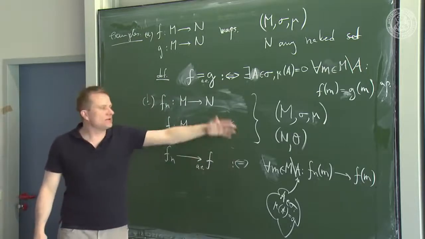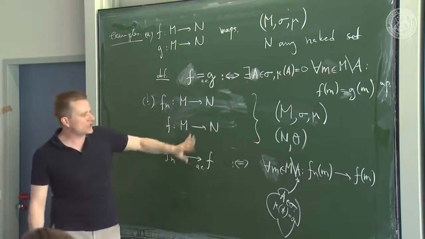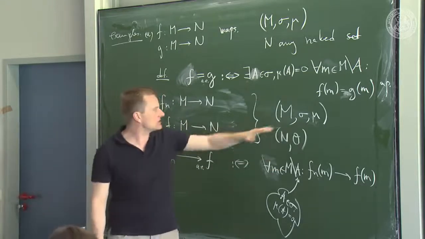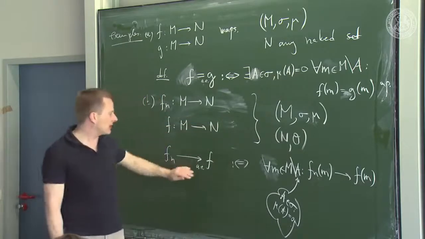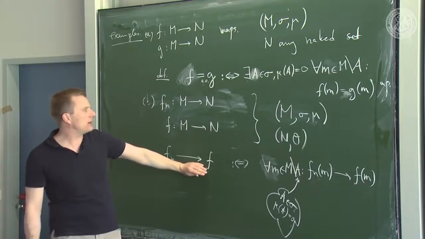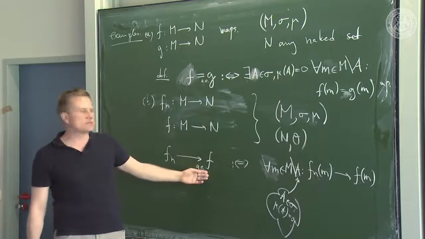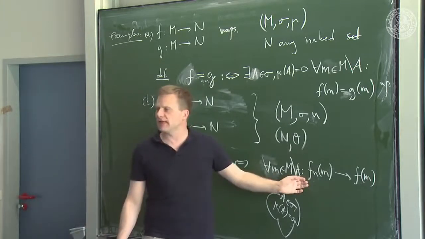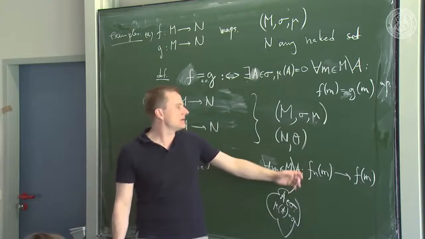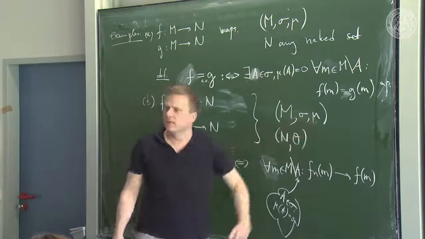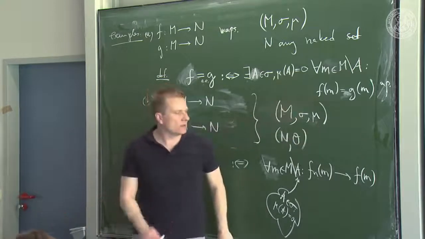Whatever you need, you get it this way, and whenever you see almost everywhere, you have to think, okay, what are the objects, and where is it exactly, and what structure do I need where? And then you figure that out. You work from the not almost everywhere notion, then you see it's this, you only need a set and a topological space. You go to the almost everywhere notion, you see where to take out a null set, a set of measure 0, then you know that on that space you certainly need this space to be a measure space, okay? And that's it. And that will appear very often.